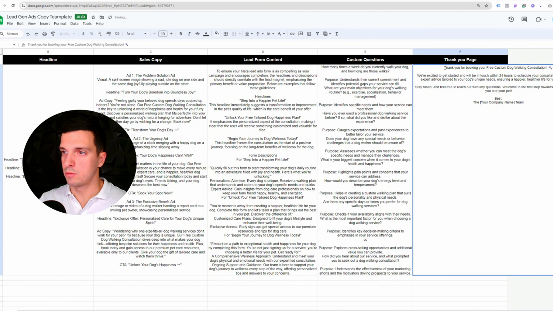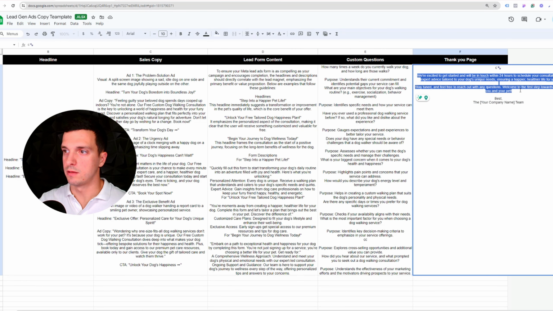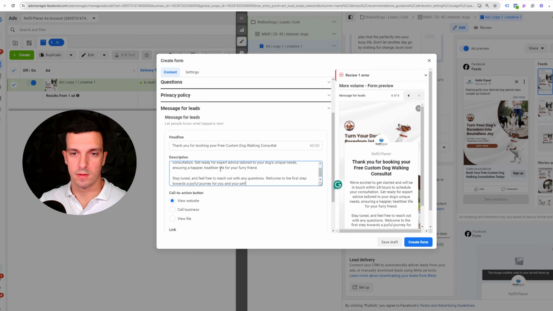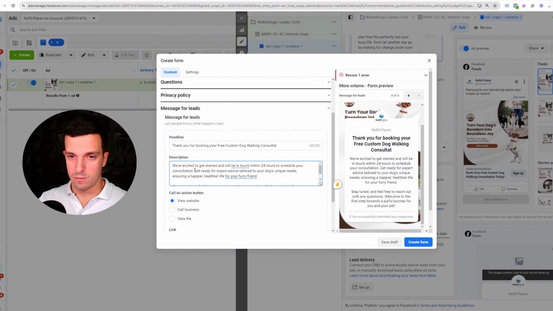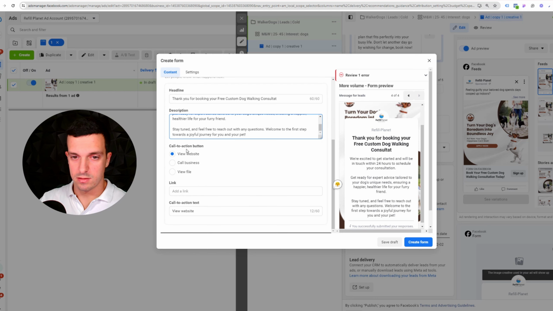So go to the thank you message, take the headline, copy and paste it here, and then take all these below and copy and paste them here. And what you can do additionally, so always format this so it's not too much text in one space, and you can have then here a call to action to view your website. You can send them to maybe a Calendly link, or to book something, or to your website, or you can even enter your